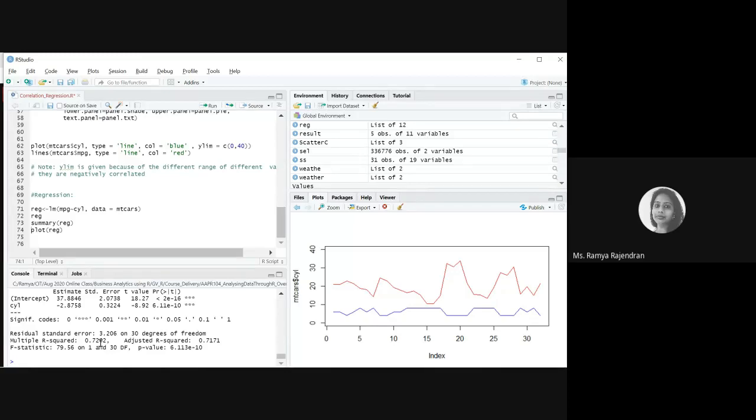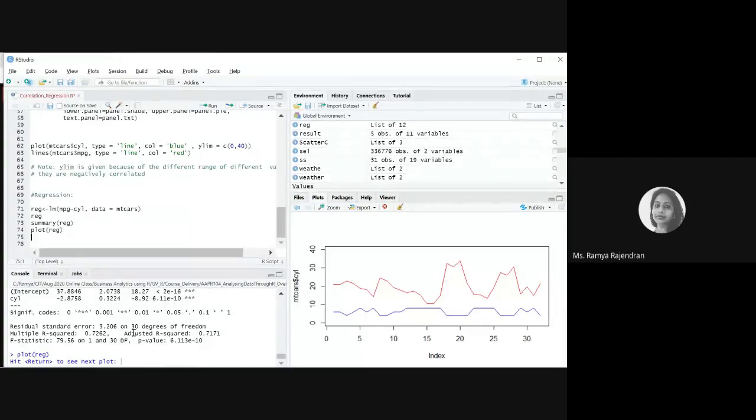When you add a variable, for example, you have just mpg and cyl here, and if you add more variables, like displacement, and there is no relationship, the adjusted r square value will decrease, while the r square value will remain the same. So to validate your variables, adjusted r square values are used. When you dive deep into linear regression and multiple linear regression, you'll be studying all this. Just understand how it goes, and you can also plot your regression here.